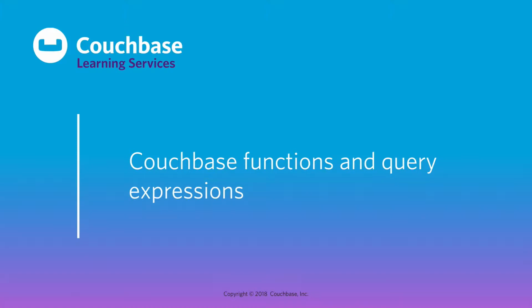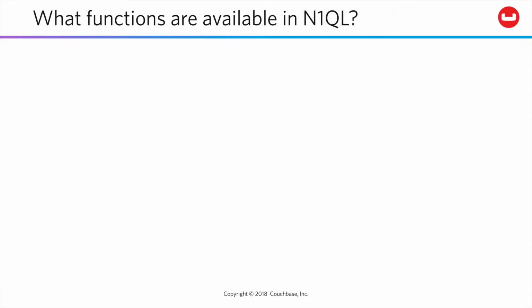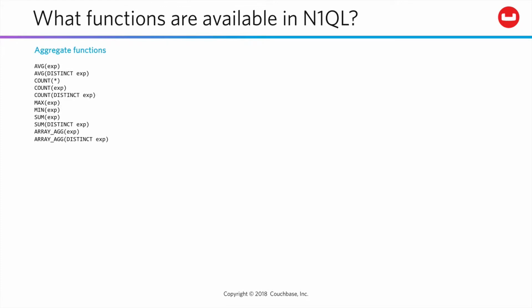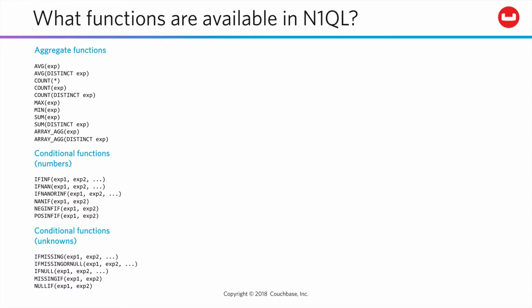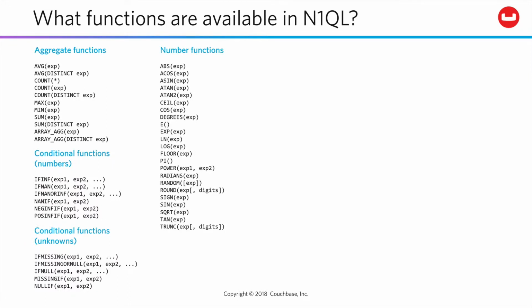We don't always store data in the shape we need at runtime. So like SQL Server, Couchbase supports an extensive function library and familiar expression syntax. Prepared statements, too, for added optimization. As you'd hopefully expect by now, Couchbase supports aggregate functions, conditional functions for numbers and unknowns, number functions, and comparison